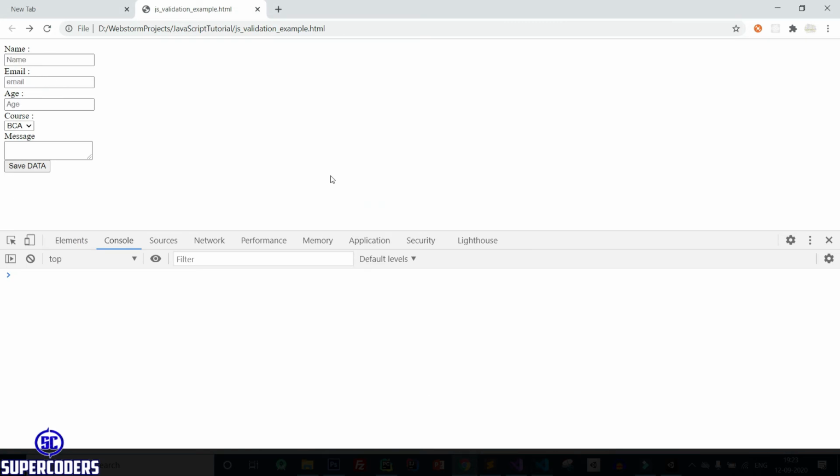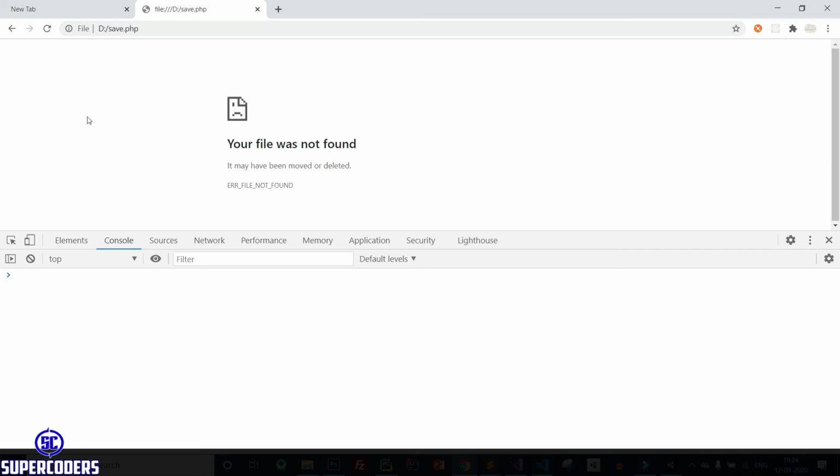So back to Chrome, refresh page, save data, it's not working. Let's try to add input, age. Now try to save data and you can see age must be greater than 20. After that, giving some inputs, let's copy multiple times and click on save data and you can see message must be smaller than 100. After that, let's change this to only. Now giving any input which must be greater than 10, click on save data and you can see it's working.